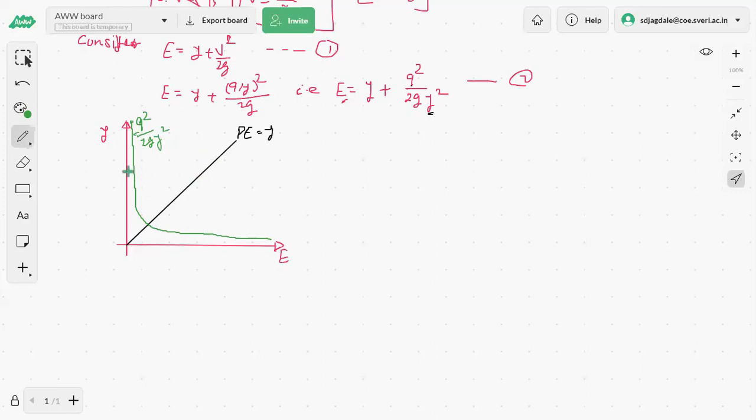And after combining these two curves, that is the potential energy and kinetic energy, we get the specific energy curve. That specific energy curve appears to be like this. Just a minute, I will draw that. It is like this one. Okay, and it meets asymptotically this curve, and here for the potential energy also. Somewhat like this curve we get.